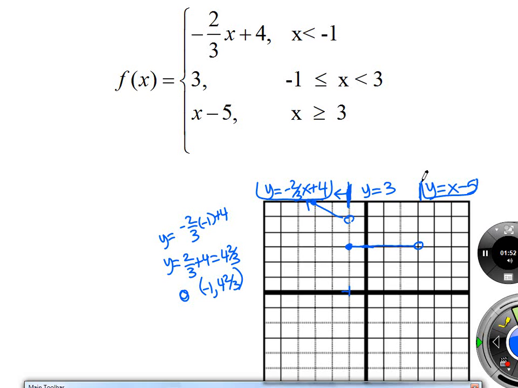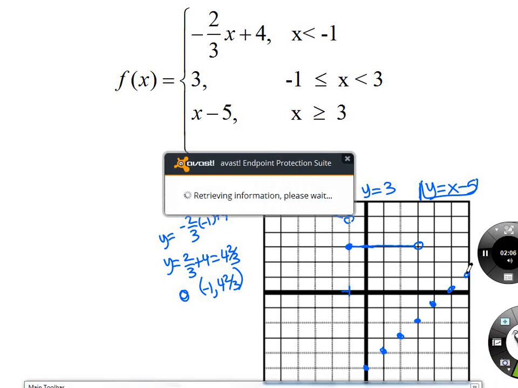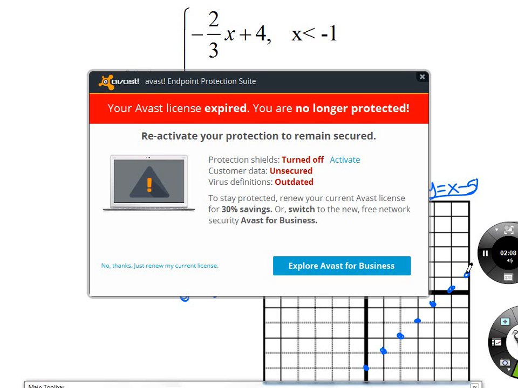So again, to get some points: 1, 2, 3, 4, 5. My y-intercept would be down here at -5, and I would go up 1 over 1. So these are points on that line. But again, remember,